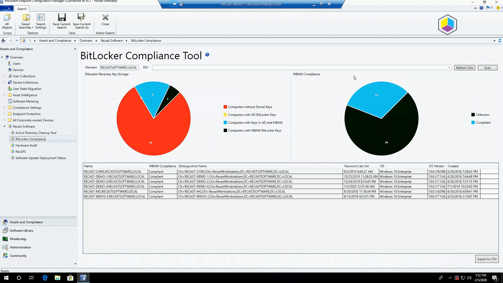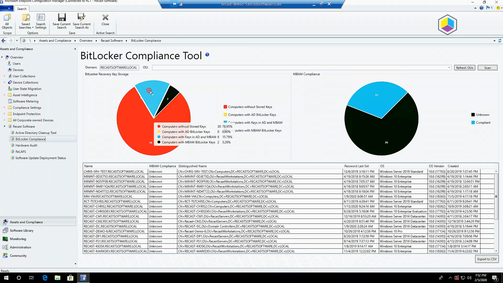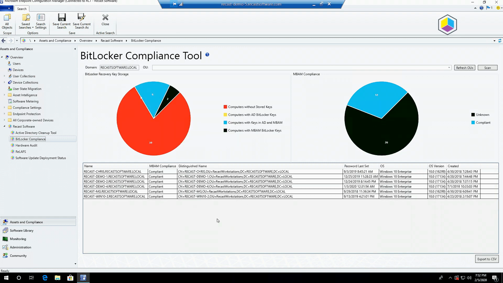On the right, if you're using MBAM, you can query against whatever policies you've set for MBAM compliance. With this report, you can filter by domain and OU. You can always export to a CSV as well. Again, clicking any portion of the chart is going to populate those devices in the list at the bottom. And from here, we can do